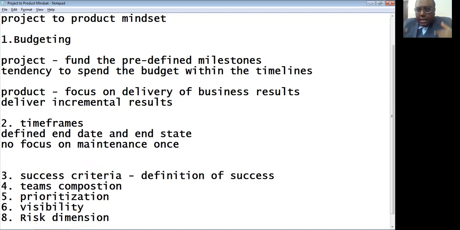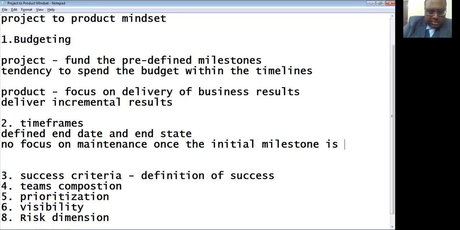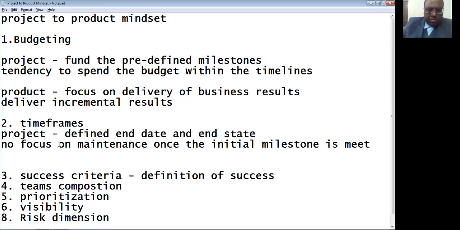The continuous thinking and orientation will not be there if you take a project mindset. So, no focus on maintenance activities once the initial milestone is met.